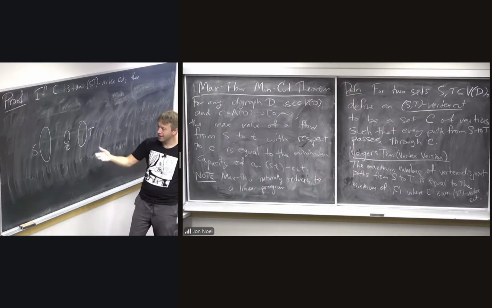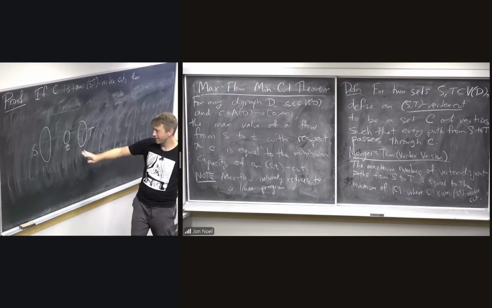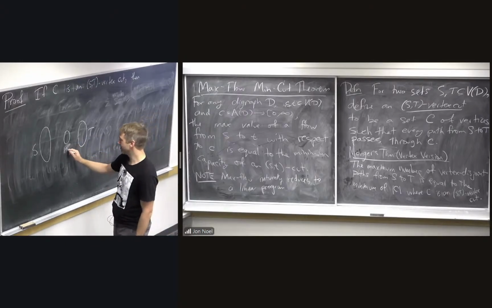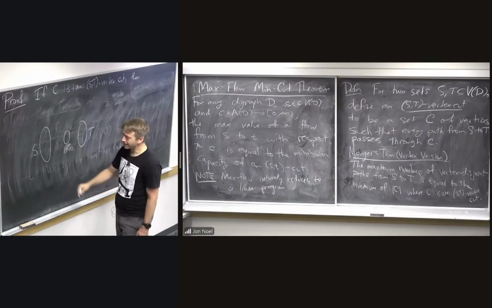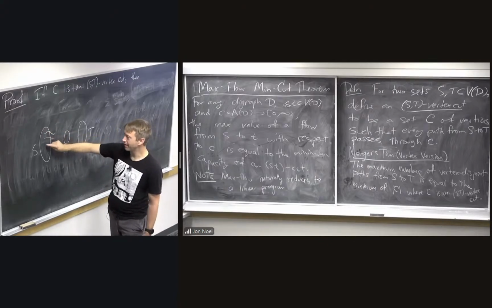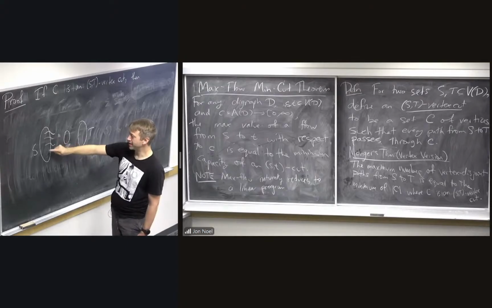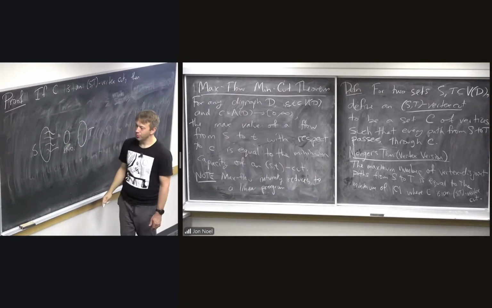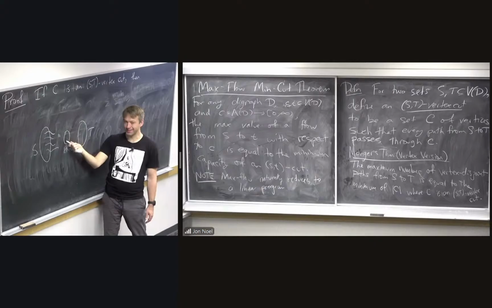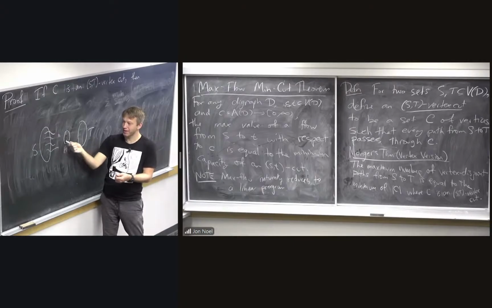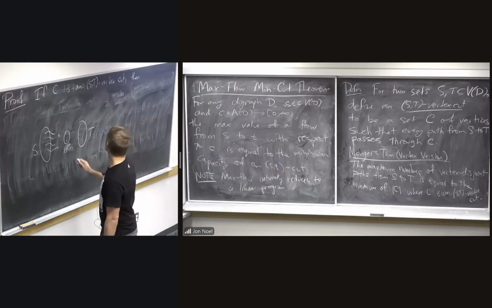If the size of C is 10, and I try to send 11 disjoint paths from S to T, all of these paths intersect C. By pigeonhole, there's at least one vertex of C that's used by two paths. Then they're not vertex disjoint, are they? Right? So by pigeonhole,